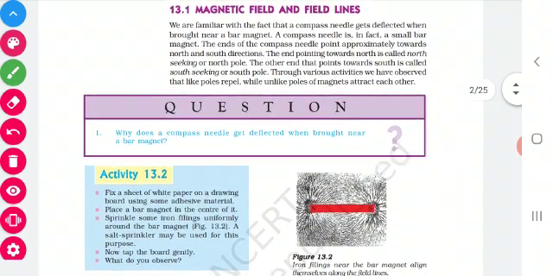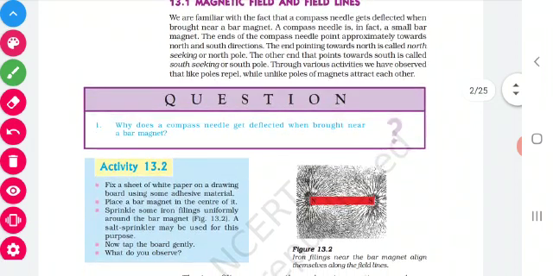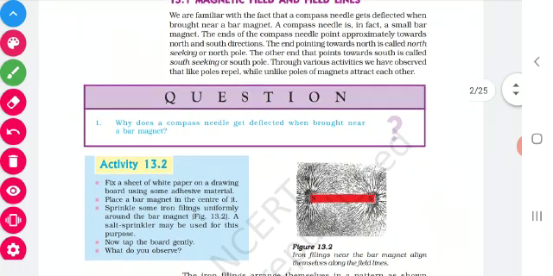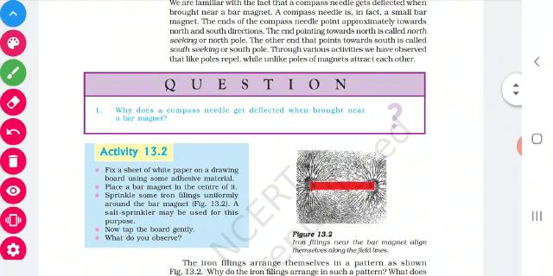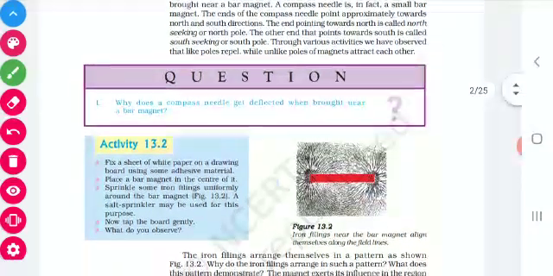We are talking about the compass needle. The compass needle has a small magnet inside it, and it always points in the north-south direction. The end that points towards the south is called the south pole, and the end that points towards the north is called the north pole. We already know that like poles repel and unlike poles attract. Like poles means north repels north, south repels south; north attracts south. We all know this very well.